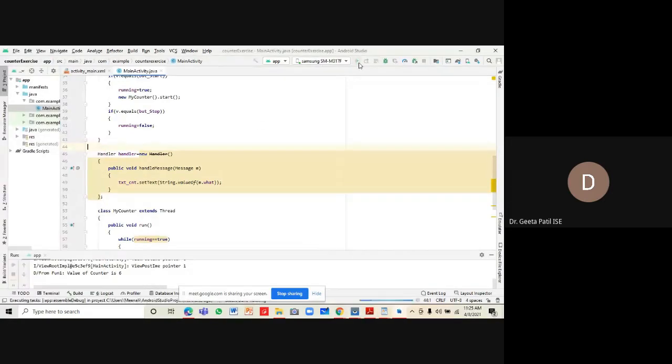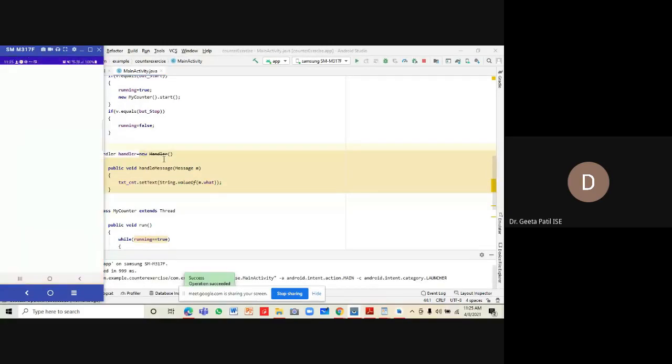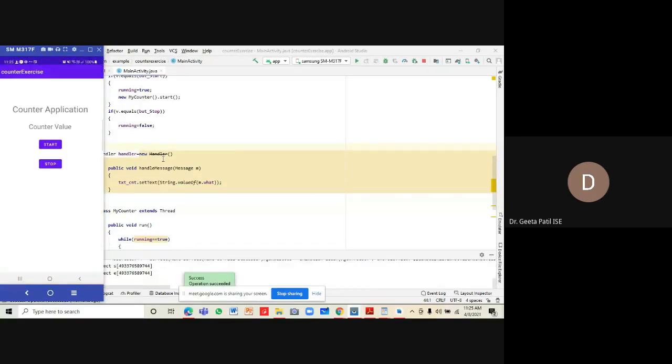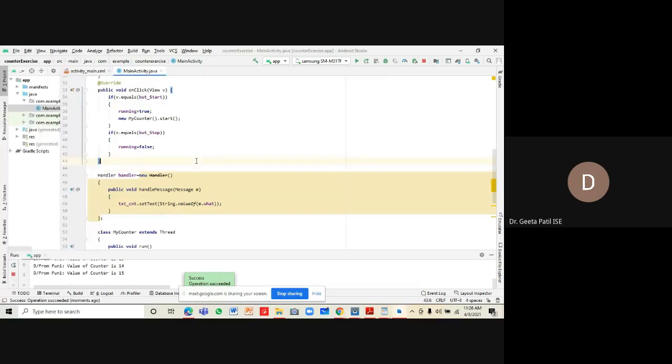Let us launch it once. The application got launched. I click on the start button. When I click on the start button, in the onClick function, we have called my counter dot start.